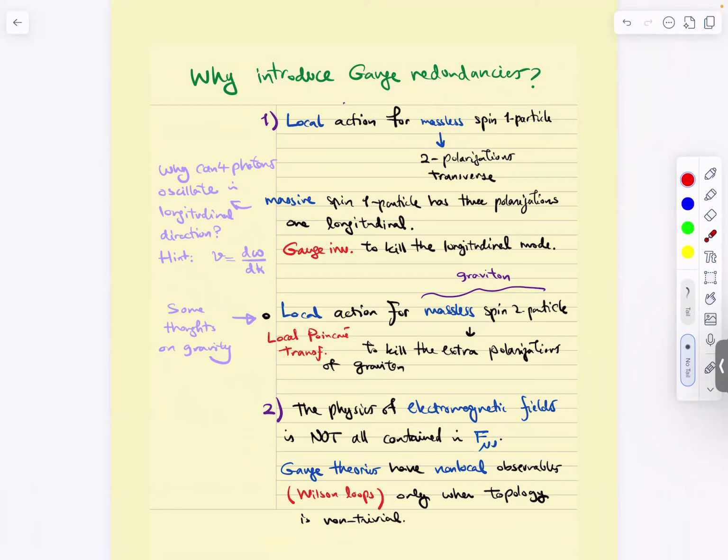And there's no degree of freedom in the direction of the propagation. You would struggle to write down a local action for such a vector field. This is a first thing. Now, if you write down a spin 1 action, the action for spin 1 particle, which is going to be a vector, it ends up with 3 degrees of freedom, and you need a gauge invariance to kill the longitudinal mode,